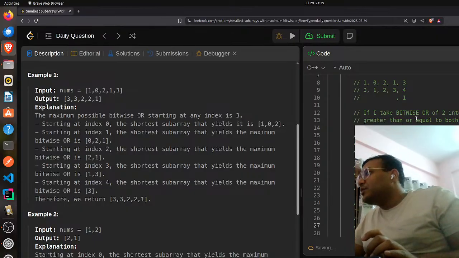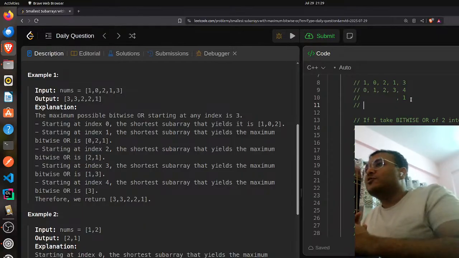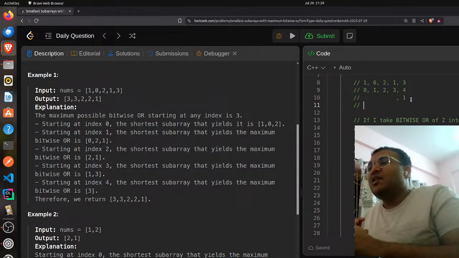So what that means is that this problem transforms to finding the index of the